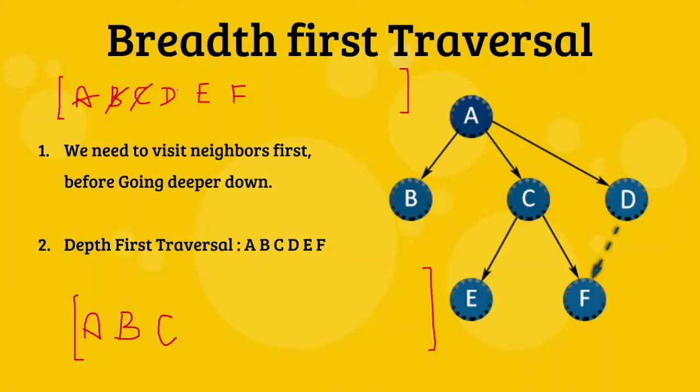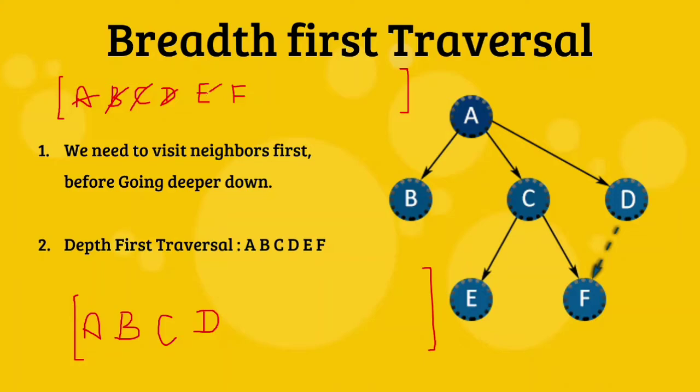So we will remove D from the queue and we will place it inside our resultant array. Then we will check, is there any children associated with D? So yes, we have F, which is already present there. So we will not push it again there. So now we will check, is there anything in the queue? So yes, we have E.